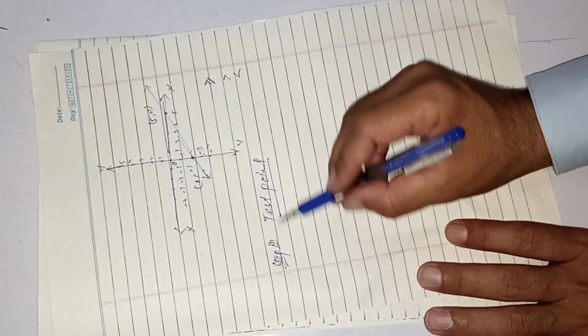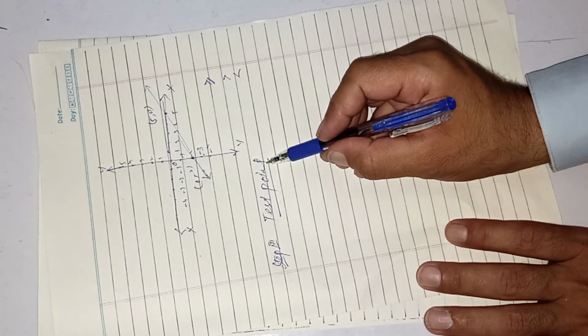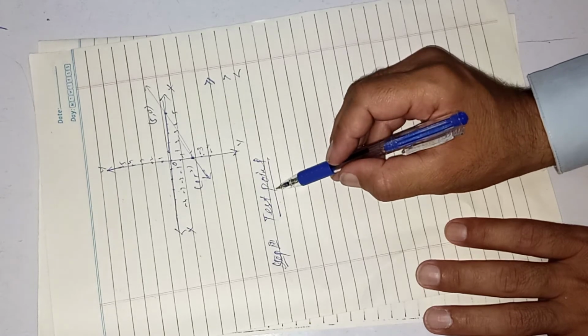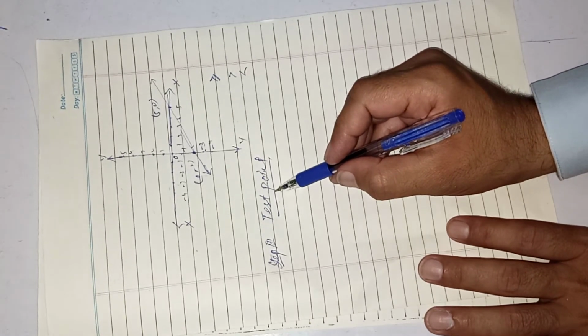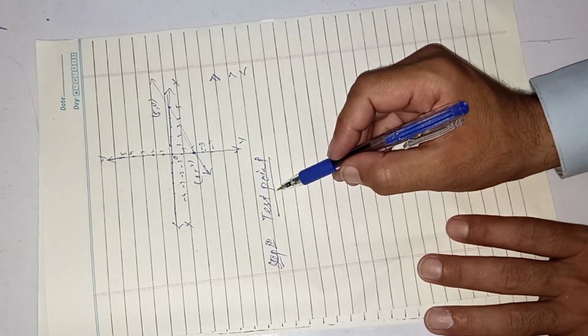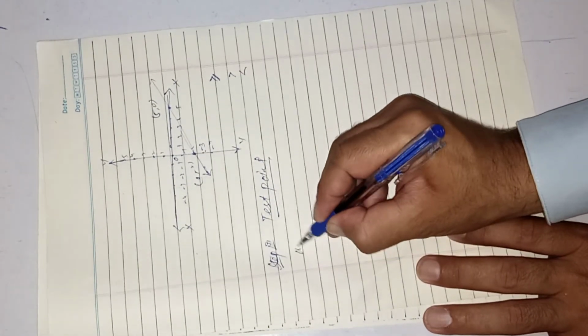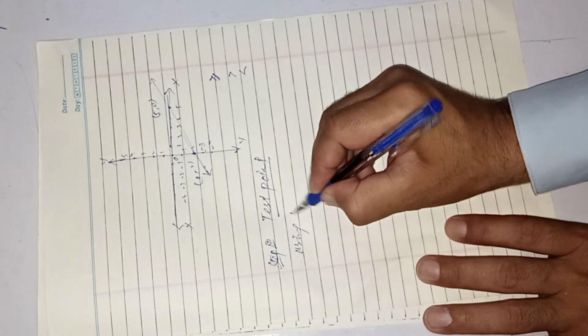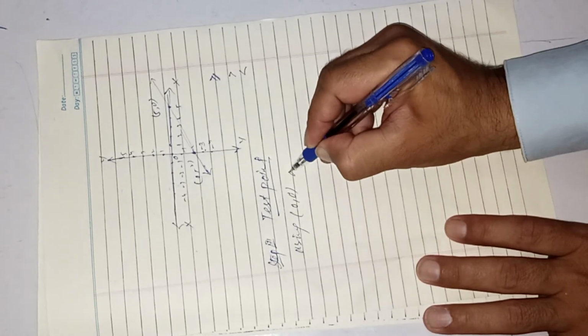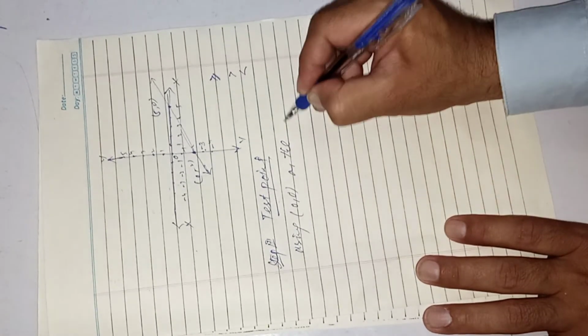That is why we are using the test point to check whether the given inequality represents the half plane containing the origin or not containing the origin. So using (0, 0) as the test point